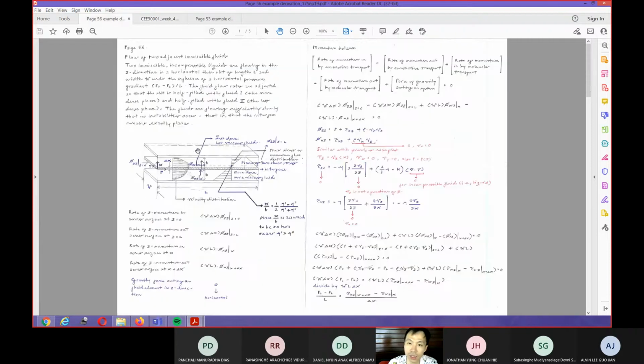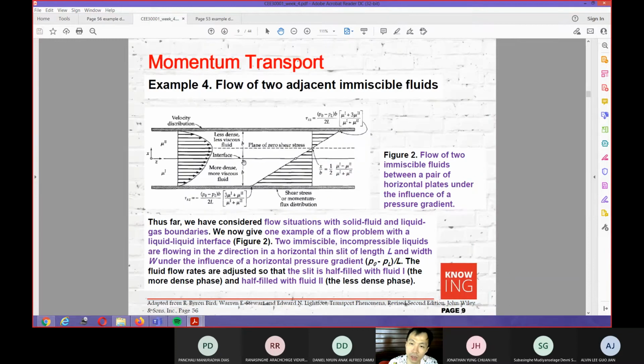So the thickness in here is 2b, because the distance from this particular plane to this particular plane will be b, and then from this particular plane to this one will be b as well. And then in order for us to simplify our next steps, we take the origin of the coordinates of 0, 0, and 0 at this particular point.